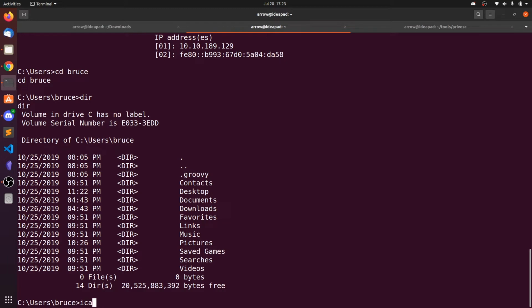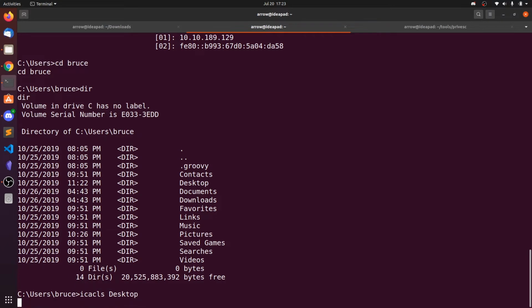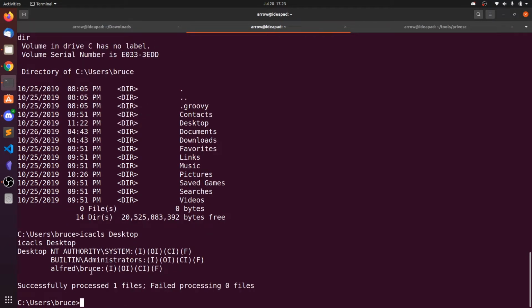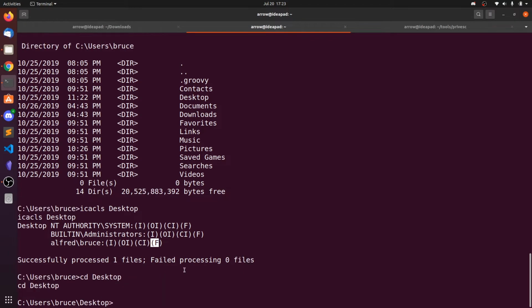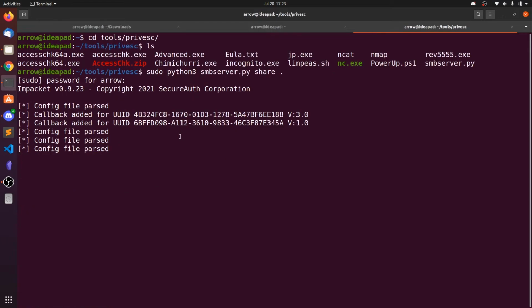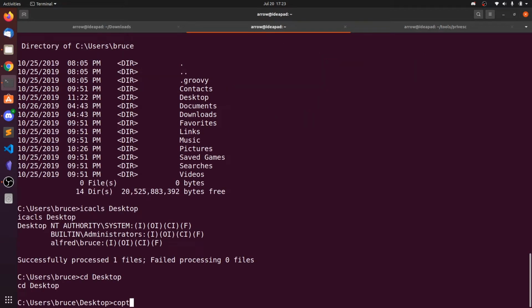You can also check the permissions using icacls. Bruce has full access, he can create files there, so this directory should be good for creating files. We are hosting this entire directory, so copy this one and copy it to the current directory, put the dot.